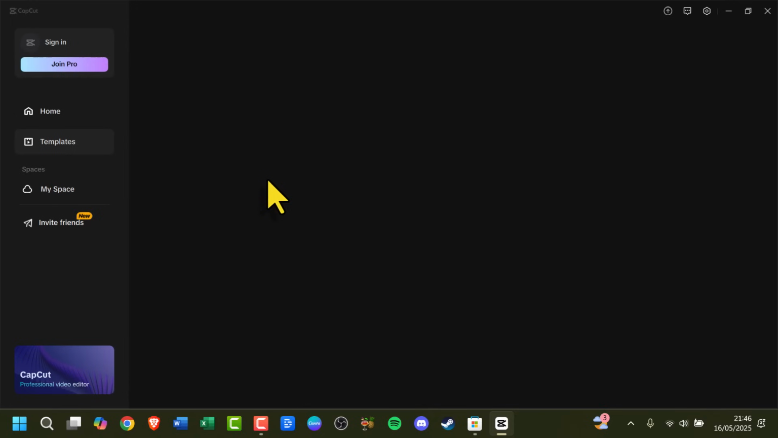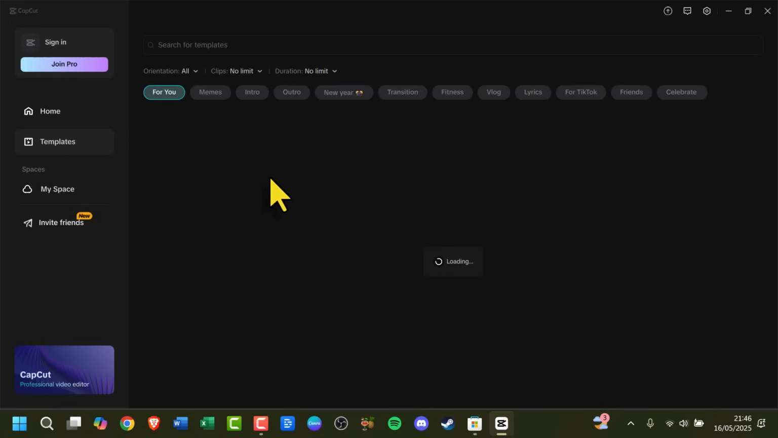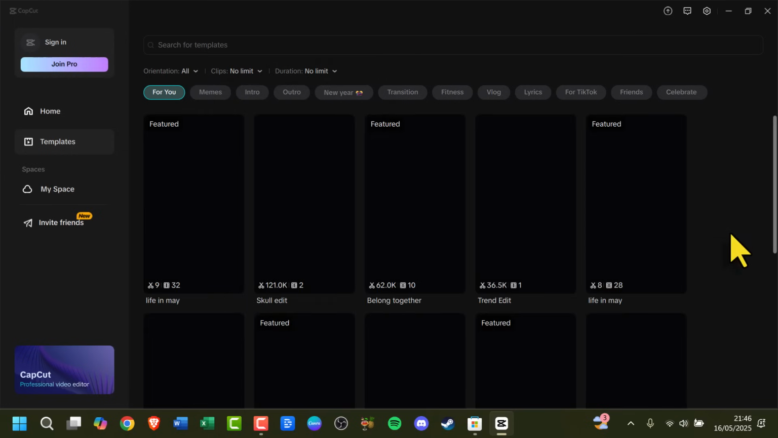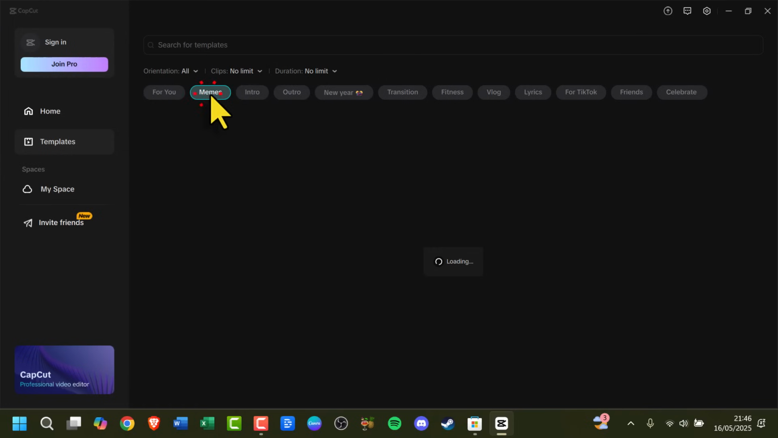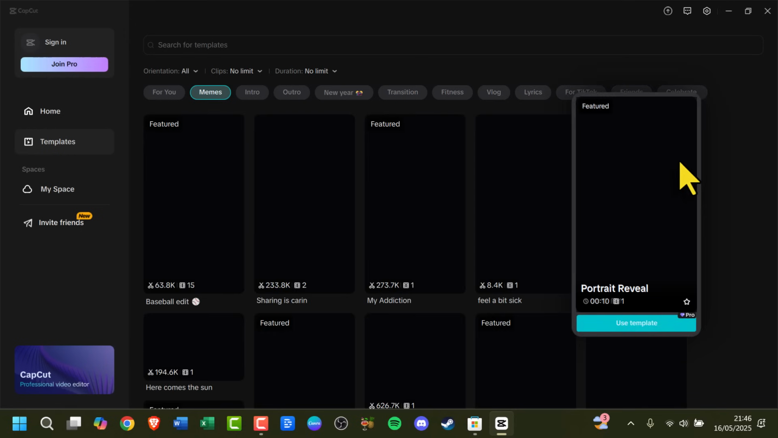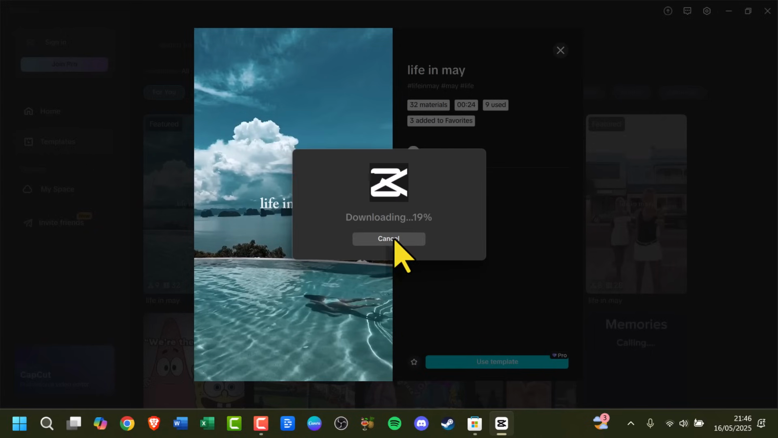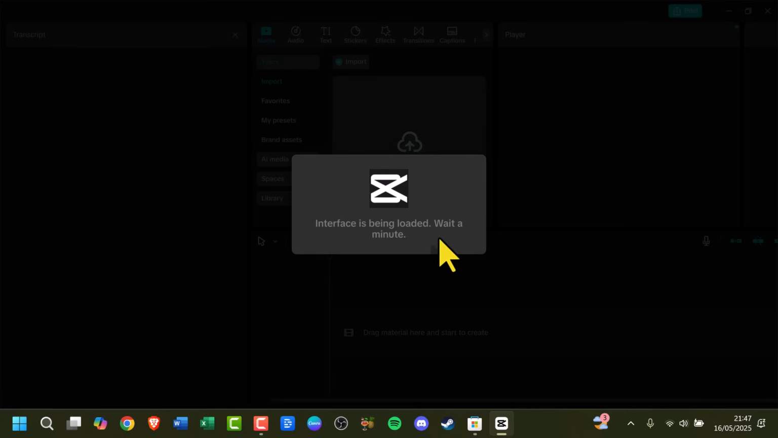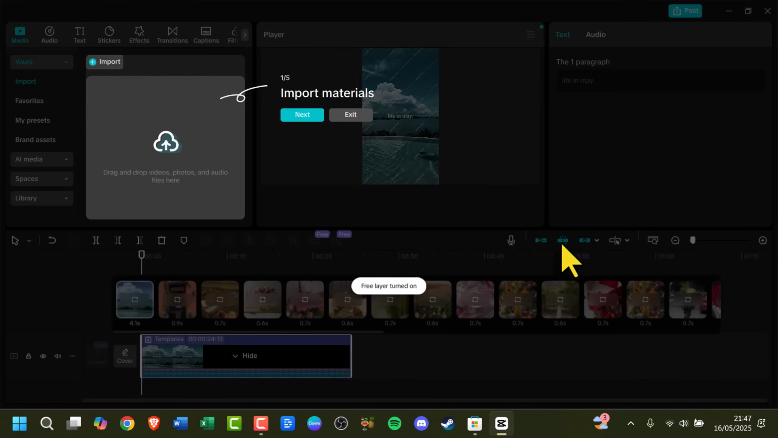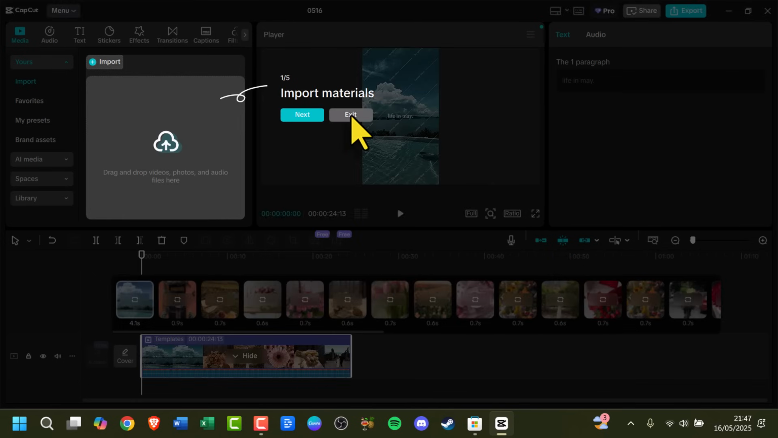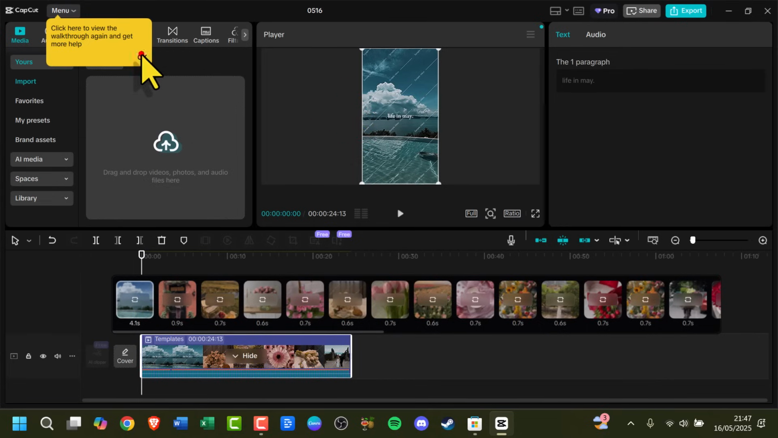Templates here. Very sluggish, I apologize. It loads. Loads of things you can do. Download templates onto your timeline. And there you are. This is the timeline. We're finally in the timeline. Right. As you can see,